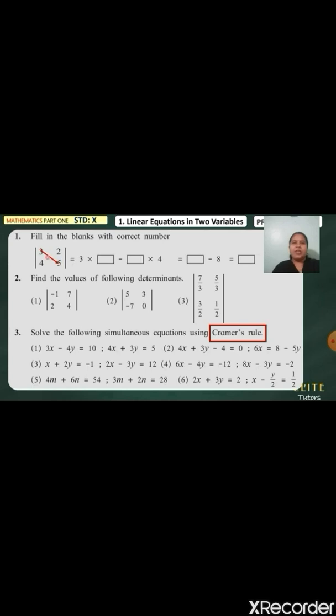To start with, we have to diagonally multiply the numbers as 3 into 5. Now look at the number which is given to us. 3 is already given, so in the box we have to write 5. Then minus, because when we do the determinant calculation, we do subtraction. And then the other numbers also diagonally you multiply, that is 2 into 4. As 4 is already given, there you need to write 2 in the box. So 3 into 5 minus 2 into 4.